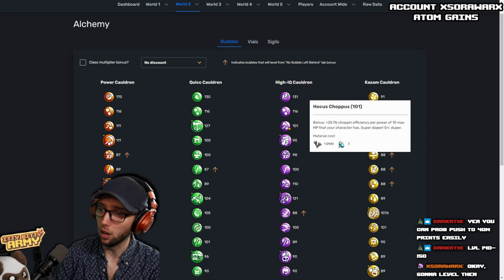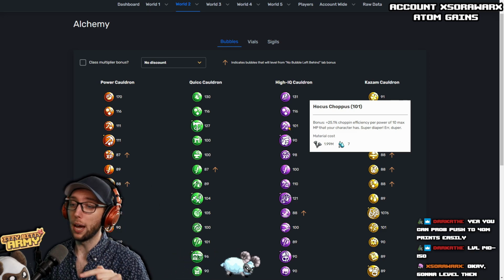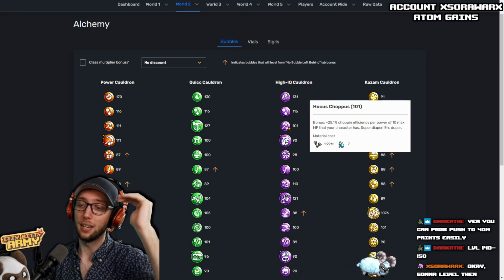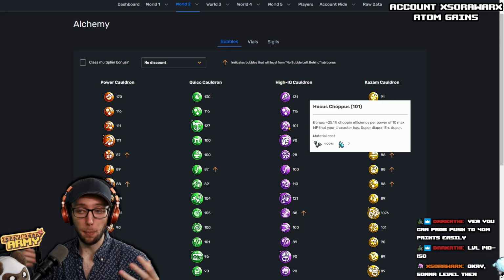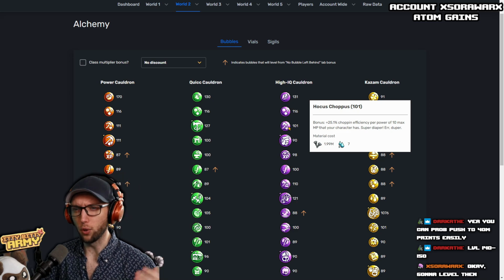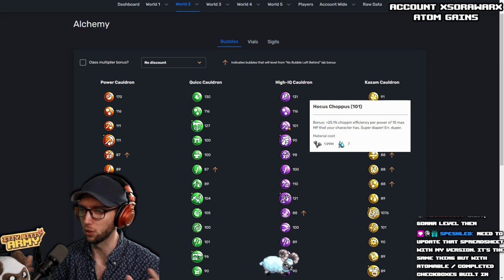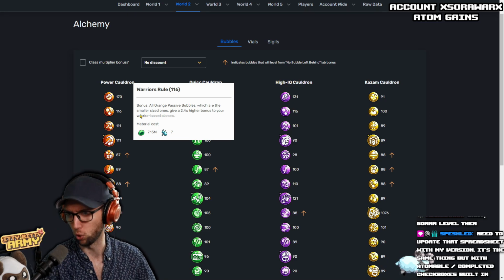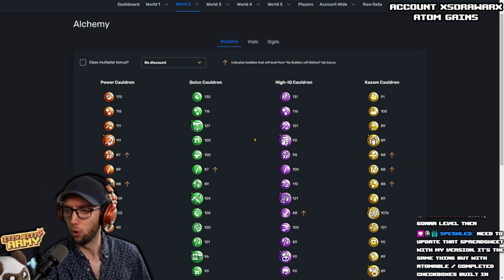In my Discord, Sora, in the Idle Index in the World 2 tab, there is a spreadsheet that will show you all the bubble levels that you need to hit a certain percentage of the bubble's capacity. So for instance, if you want 80% of the bubble's potency, I believe it's around level 320, somewhere around there, for Hocus Chopus and Hardy Diggy. I believe it's about 240 for Mage's Best and Warrior's Rule, somewhere around there. So you can go take a look at that, see if you can get that all run down, and that